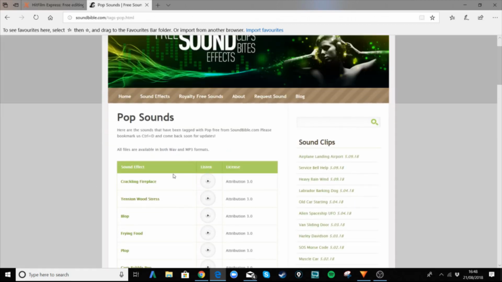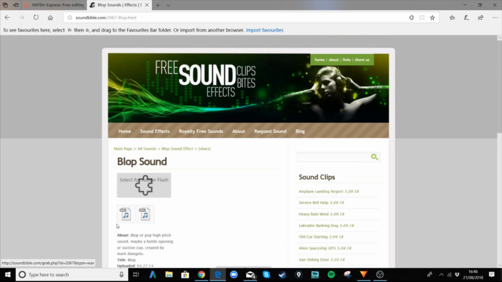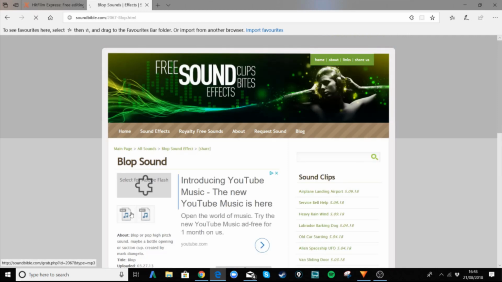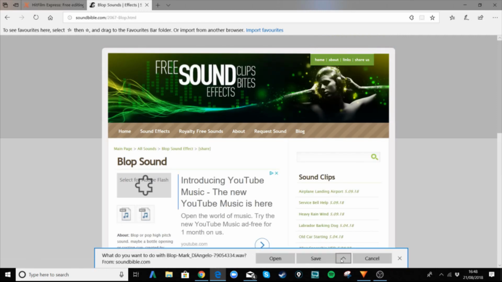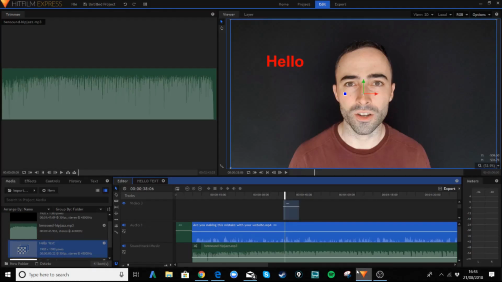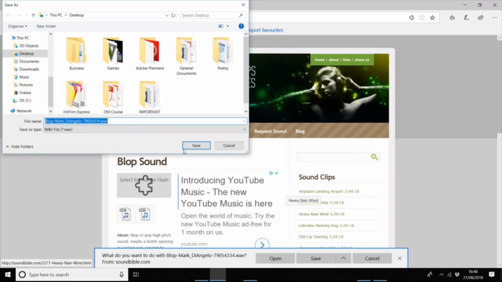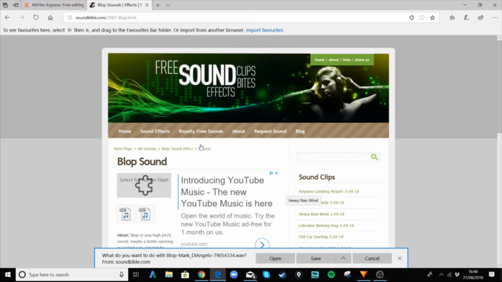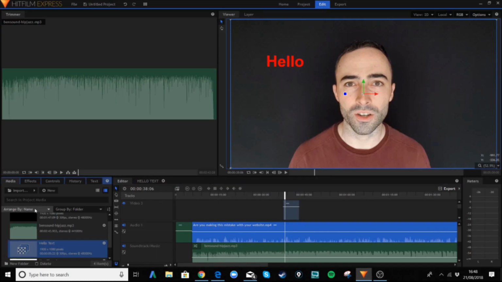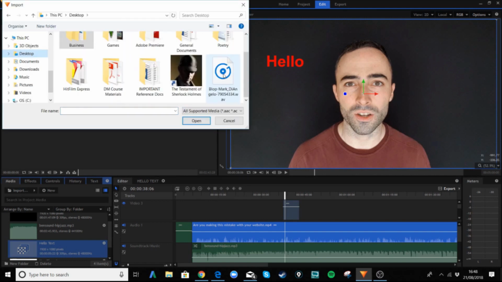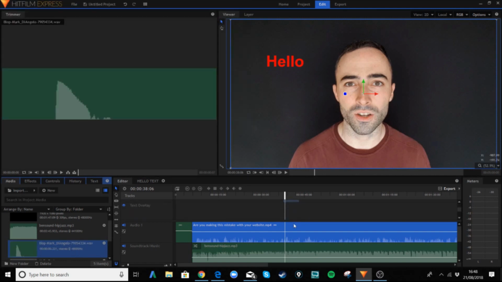This is quite a good website actually, and then you can just preview them here. There you go. That's a nice little one. So we can just click on that, click the WAV file, download it, and then again we just import that like we usually would of anything. So if I just click save as, save this to desktop, if we just go to import, and we've got that file, and then all we need to do